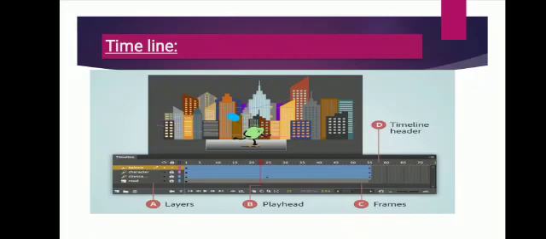Now talking about the property inspector. The property inspector is a panel that displays the properties of a selected object, that is text, a symbol, an image, a line or a shape. The list of properties also varies in the property inspector depending upon the object selected. You can make changes to the object or document attributes in the property panel. See, in this, first select the shape, or you can change its position and size.